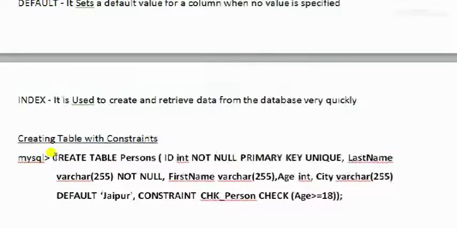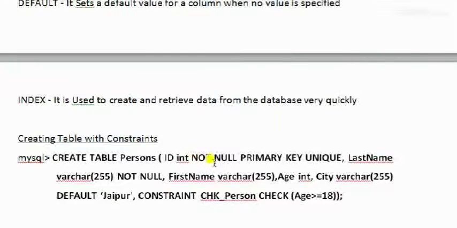Creating a table: how you could apply those constraints to create a table. Create table persons. See, we are creating a table persons. ID, int type. ID is a field. If you write only int, the size is dynamic, so it's not necessary to mention the size if you take the int data type.